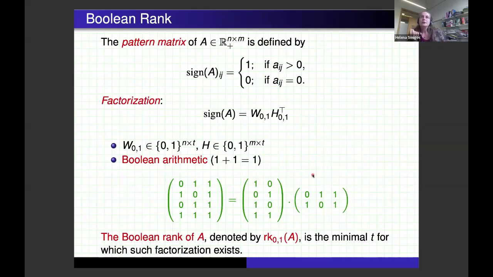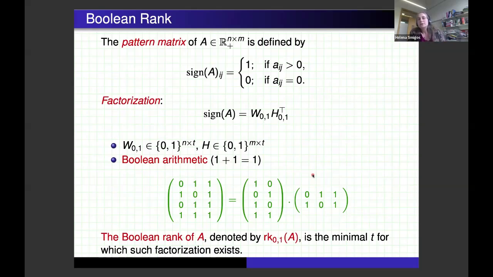And the pattern restrictions that are on factors W and H such that A will be equal to W times H transpose. I can study this pattern in a way that I want to factorize now a 0-1 matrix in terms of the product of two other 0-1 matrices, and I'm doing operations over Boolean arithmetic to preserve the 0-1